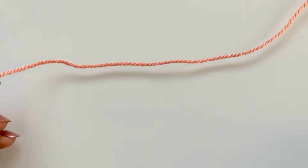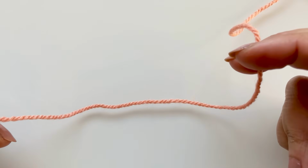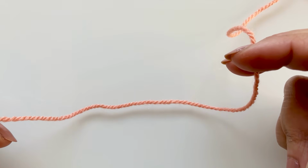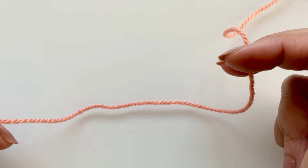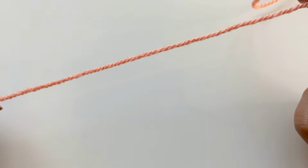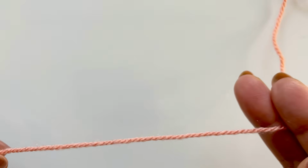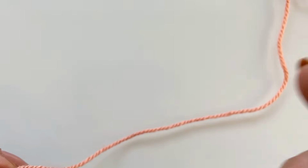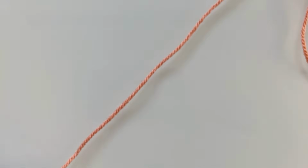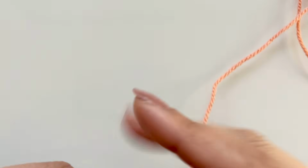So this pattern is worked up in multiples of 3 plus 2, and I haven't got a specific size for you to do for the baby blanket, but what I suggest is that you make your chain approximately 30 inches long, and just remember to do it up in 3s. Keep going, 1 2 3, 1 2 3, 1 2 3, and measure against your measuring tape if you have one at home, and then add the additional 2. So for the sample size,